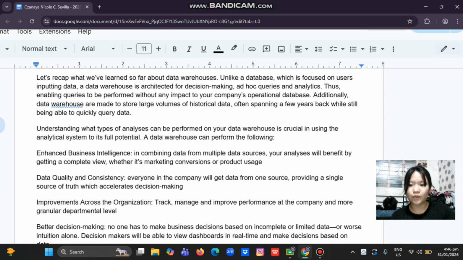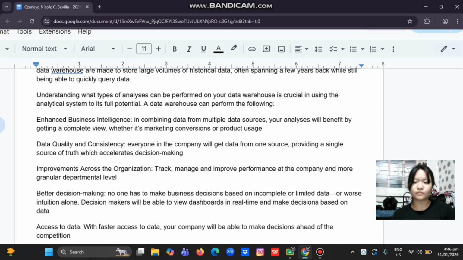Additionally, data warehouses are made to store large volumes of historical data, often spanning a few years back, while still being able to quickly query data. Understanding what types of analysis can be performed on your data warehouse is crucial in using the analytical system to its full potential. A data warehouse can perform the following: